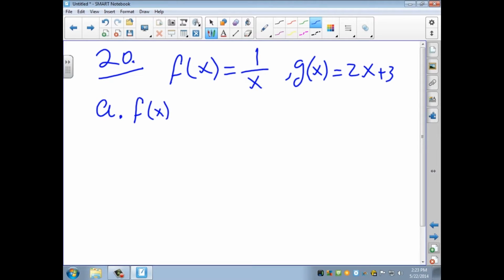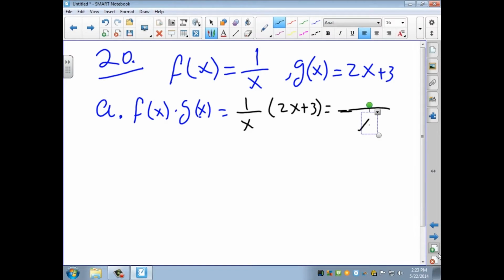Well, that is basically multiplication of these two. F of x is 1 over x, and g of x is 2x plus 3. So when you multiply these two together, you get